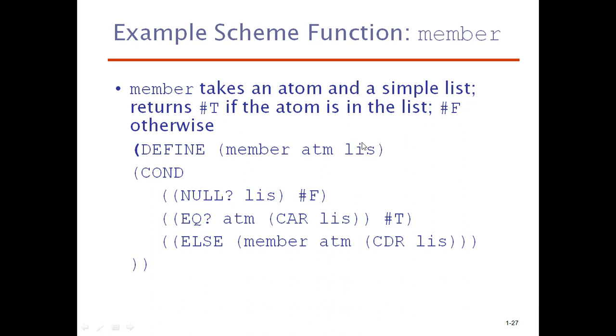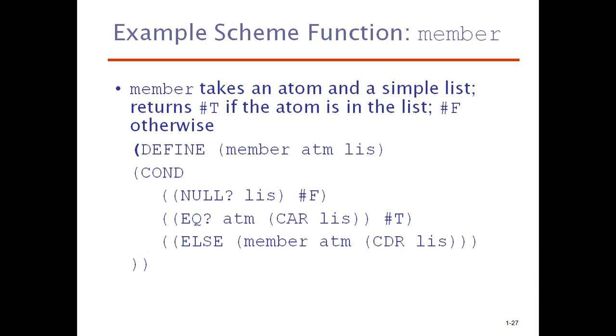If the input that you are passing to the function is empty, then it will return false, that is #f. Because only if the list is not empty is it possible to check whether the given atom is present in the list or not. Otherwise, it is not possible. So for that reason, in the first step, we check whether the given list is empty. If the list is empty, in the first statement itself, it will give you false as the result.